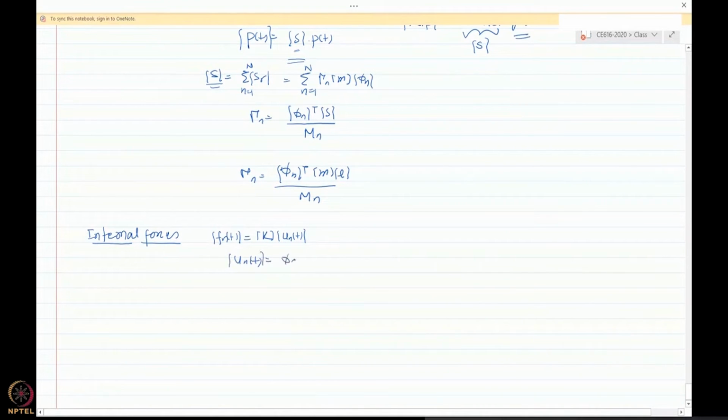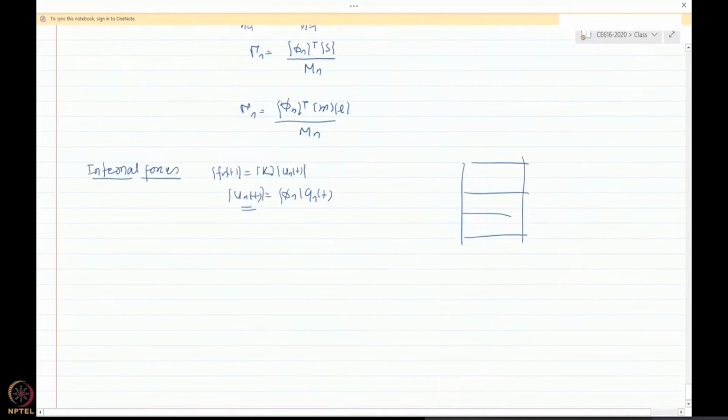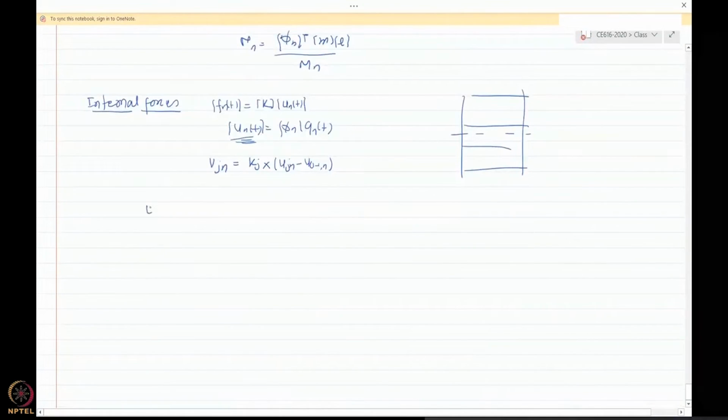and if you have, let us say, a multi-story building, you can find out, in the nth mode, the story shear in the jth story would be stiffness Kj times Ujn minus Uj minus 1 n, okay, as the drift. Okay, this is the first procedure. Find out the unt and then find out the story shear individually and all the forces. The second procedure was the equivalent static procedure,